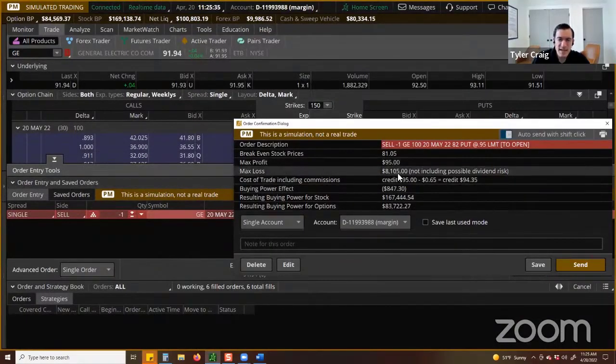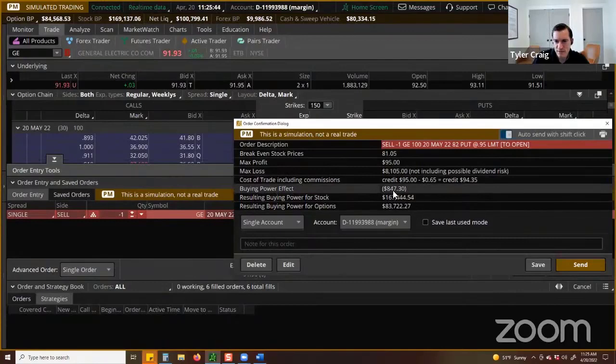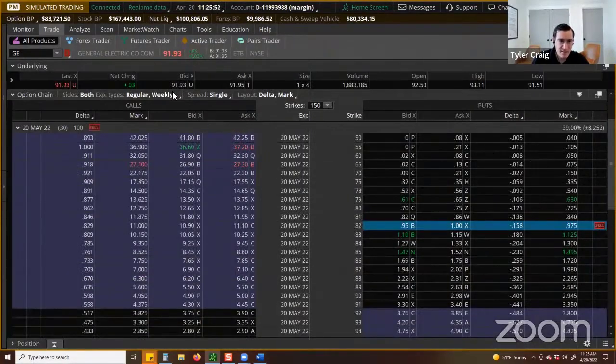The maximum loss is $8,105. Fortunately, they're not going to make you put up $8,105. They're only going to make you put up $847, which is about 10% of your max loss. That is the initial margin required, the initial collateral. If I send this